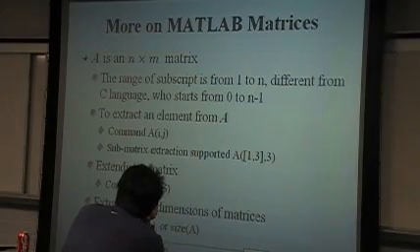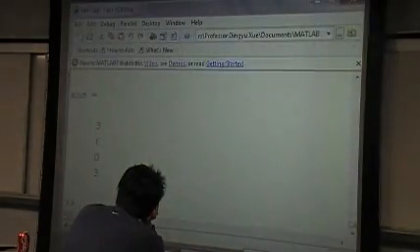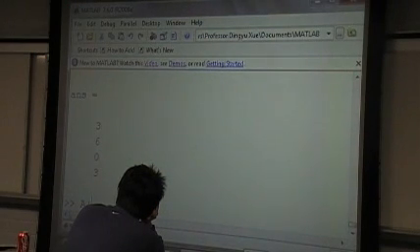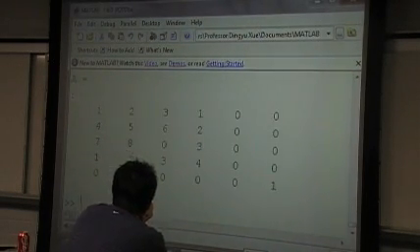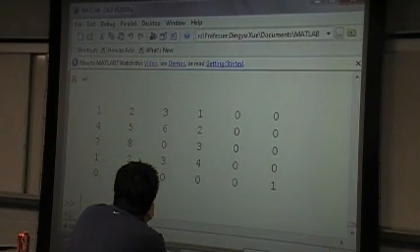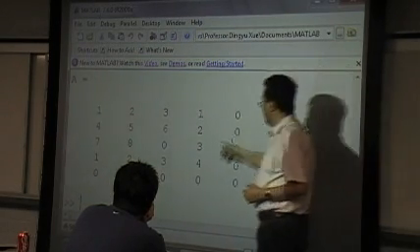Now let's consider what will happen. We know A is a 4 by 4 matrix. Is this one useful? Is this one valid? We can try it. A is a 4 by 4 matrix, and we assign the element in the